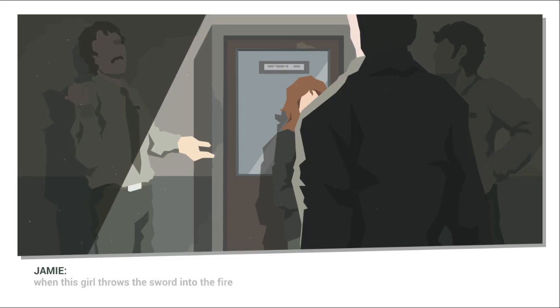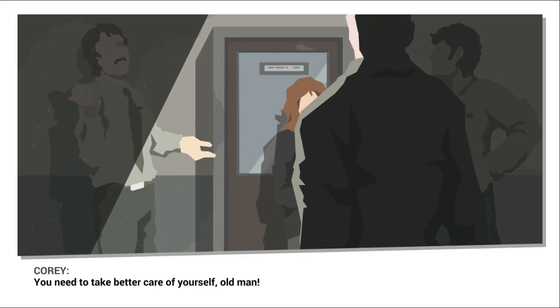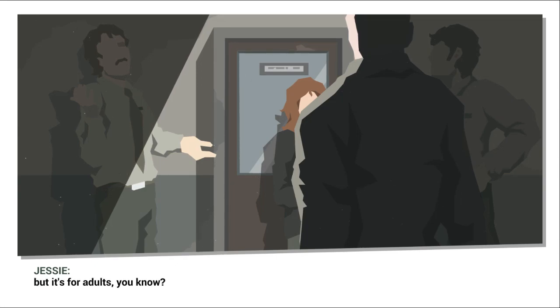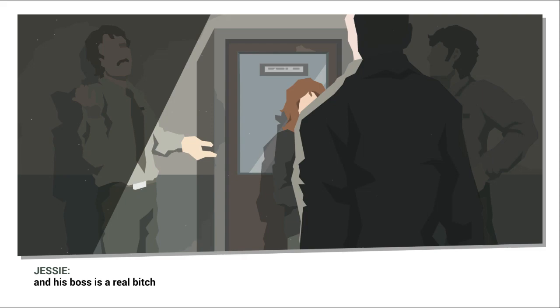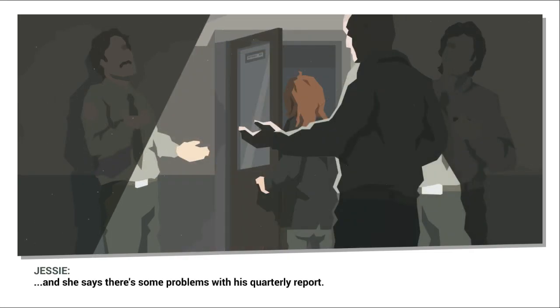When I saw him at the end, when the girl throws the sword into the fire, my heart jumped out of my chest. Betty almost needed to call the ambulance. I swear to God. You need to take better care of yourself, old man. I've also got this movie. It's actually a cartoon, but it's for adults. This guy gets the ability to undress people with his mind. So he goes into work, and he works in a bank, and his boss is a real piece of work. But she has some great features, and she calls him over to her. Tomorrow. We'll just discuss it tomorrow. And she says there's some problem with this quarterly report. Some kind of paper...